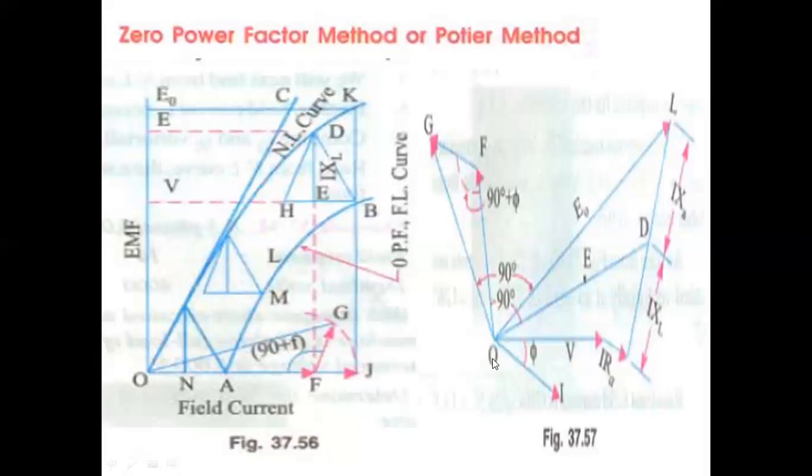Okay, now let V be the voltage here. See here, the other phasor diagram, 37.57. Or take here in 37.56 only. So here, if you extend the BH line, you will get V here. This is the terminal voltage on full load. And if you add vertically the voltage drop due to armature leakage reactance, we will get E, which is nothing but DF.